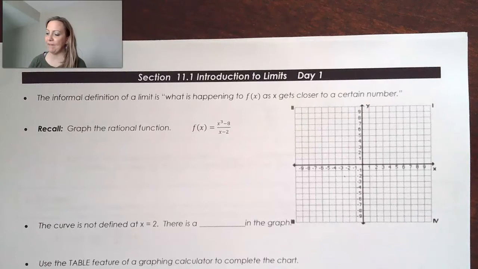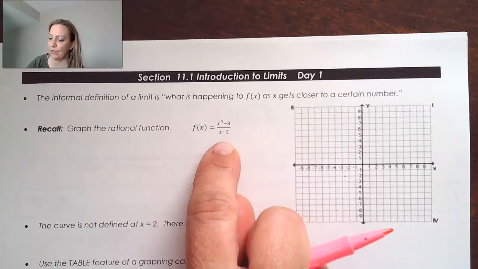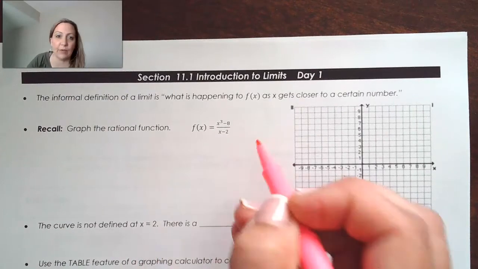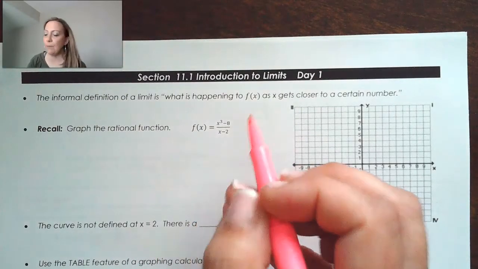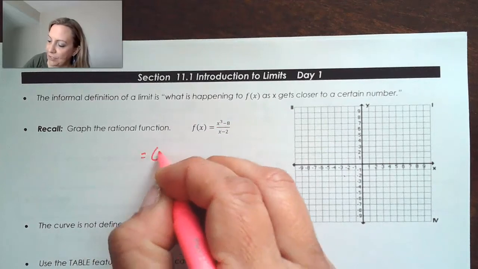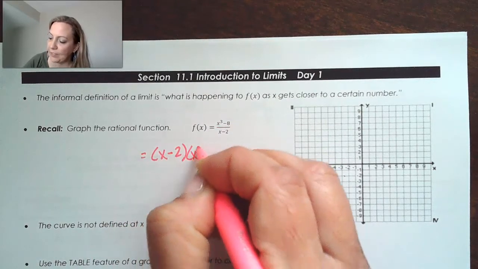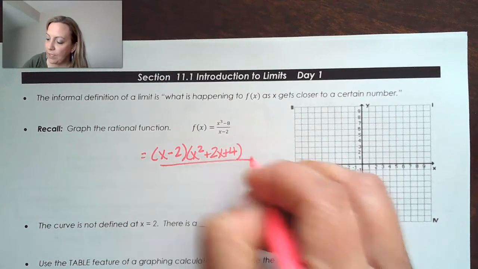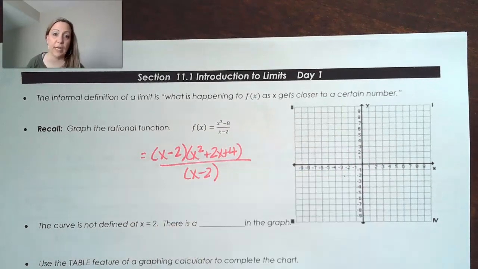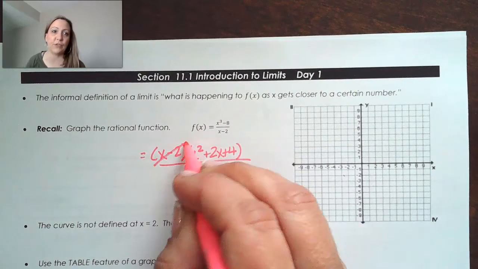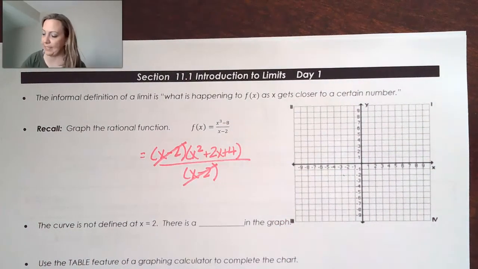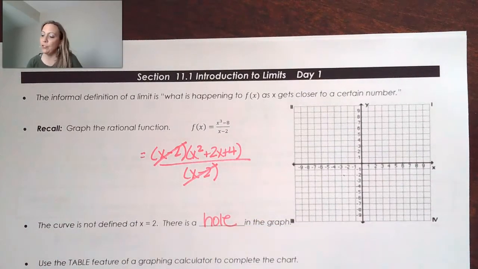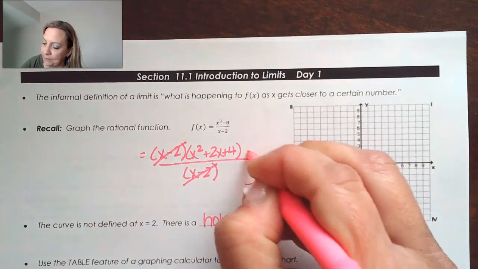If we had something like f of x equals x cubed minus 8 over x minus 2, we know that the curve is not defined at x equals 2 because that would make the denominator 0. To help us graph, what we did is we can factor the numerator as x minus 2, x squared plus 2x plus 4 over x minus 2. And we see that the x minus 2's cancel, and therefore that confirms that there is a hole in the graph. What we can do is we can plot points